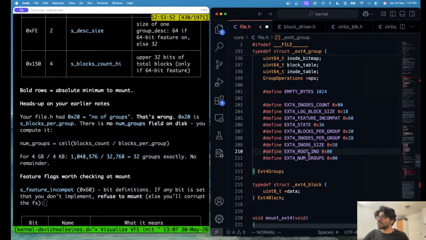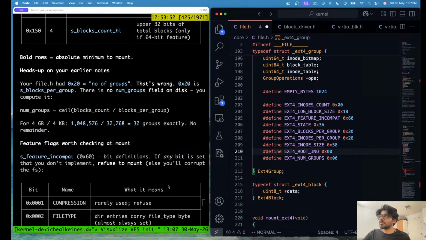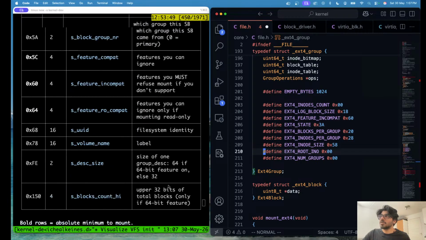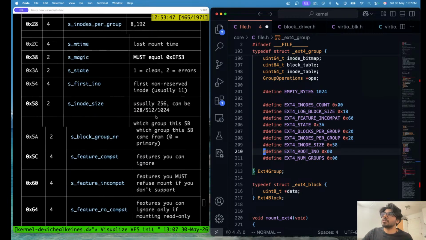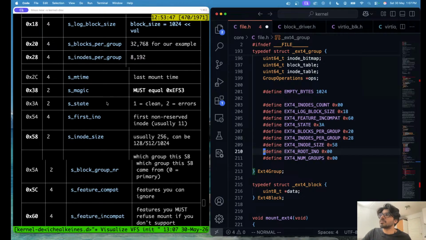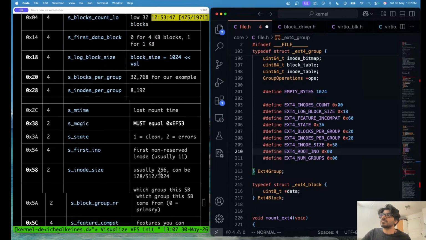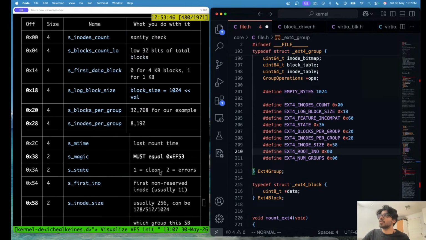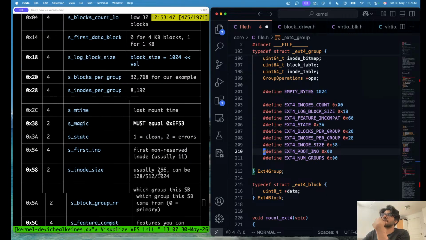Okay, we don't need these. What about root INO, which is, I believe, first inode, which is the root inode. Okay, whatever. What about number of groups? I think maybe that is also